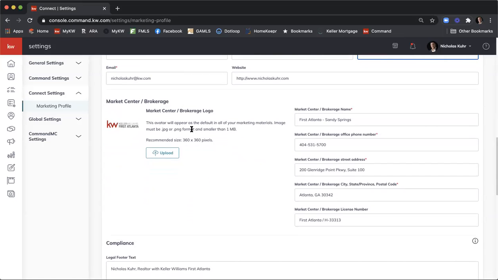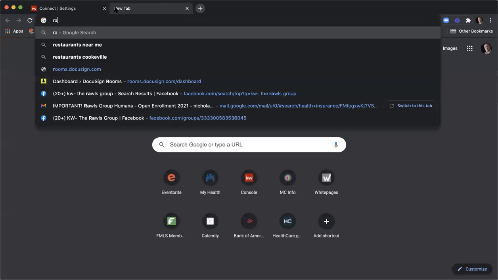Over on the left-hand side, we have our Market Center brokerage logo. This is where you can upload the KW First Atlanta logo. If you do not have this logo or any of the First Atlanta logos, you can find them through Command, but Scott Hardy has already uploaded all of those to rawlsgrouphelpdesk.com. So if you go to